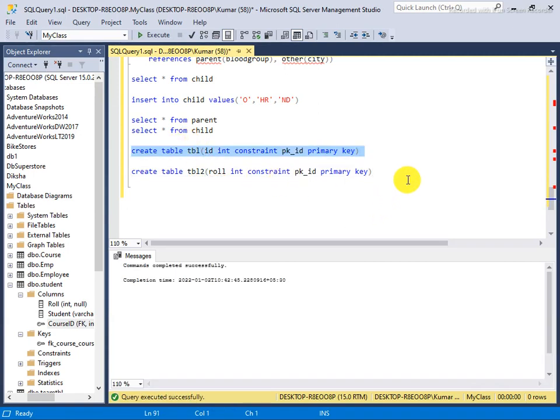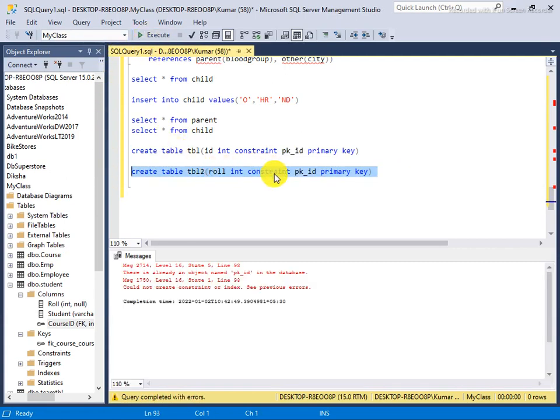Execute this successfully and I try to execute it. So now you see the error. If I say pkid 2 or 3, then it will work. So it's saying pkid already exists in the database. Yes, an individual constraint must always be unique.